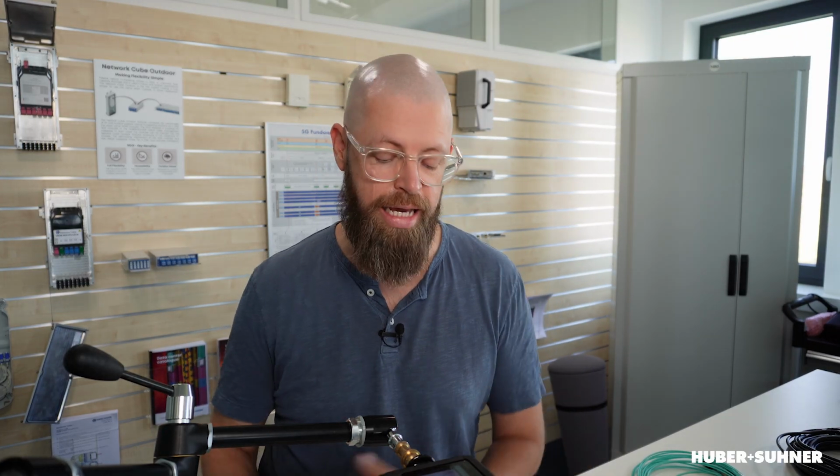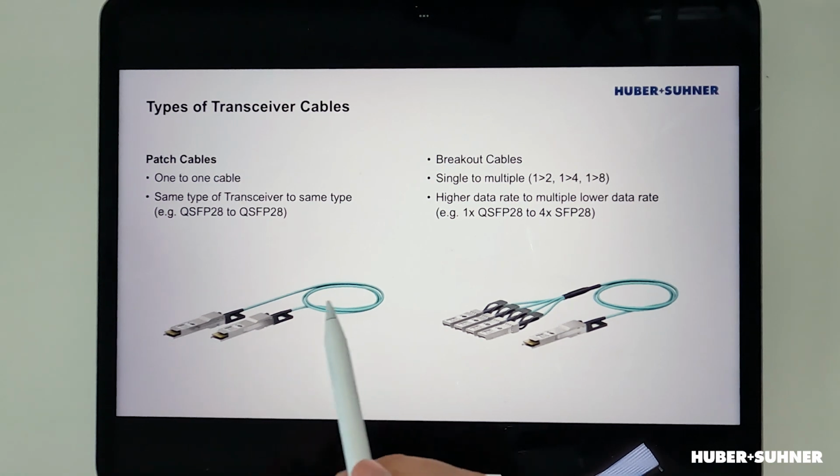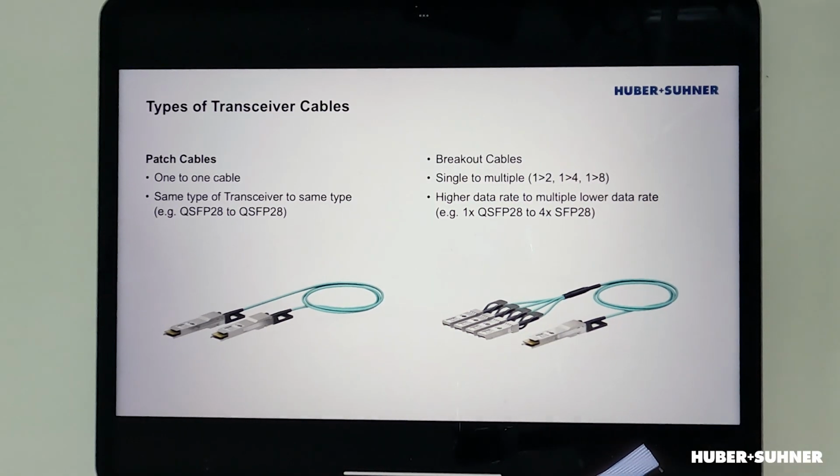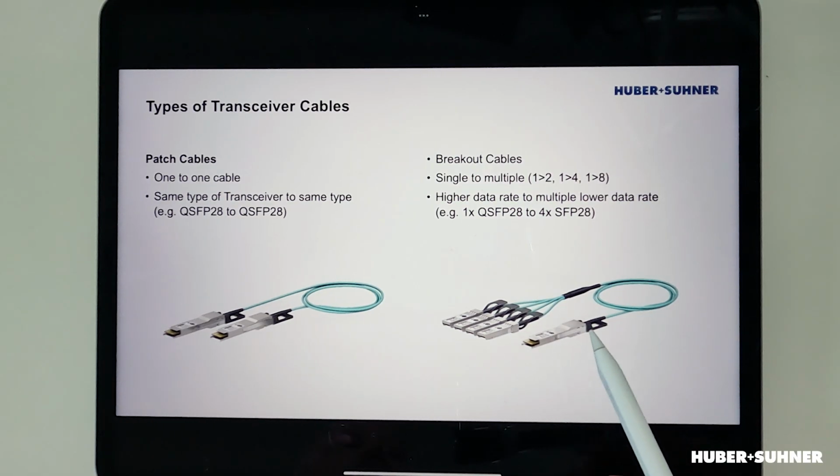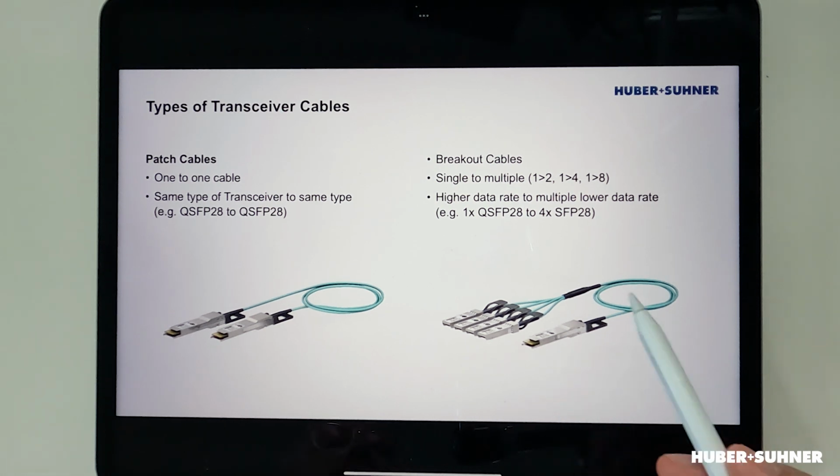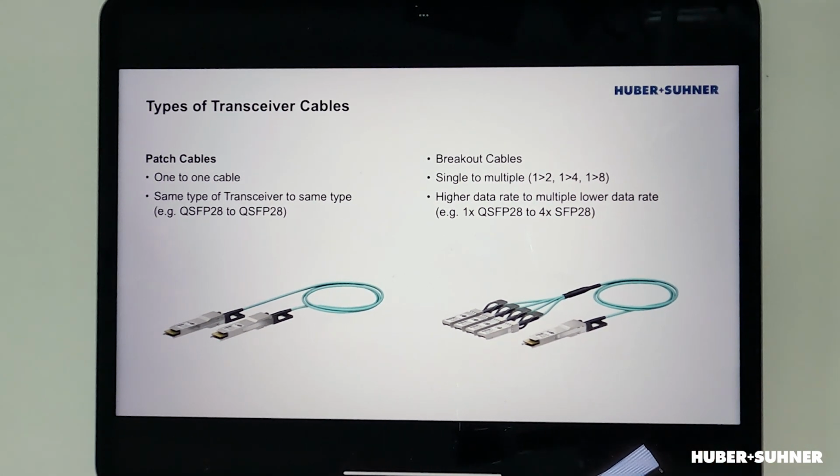Now, there are two main types of transceivers. Let's have a look over here. So to start off, we've got the straightforward cable, meaning that on either side of that cable, we have the same type of transceiver. But we also have the so-called breakout cables, which you can see over here. And the breakout cables actually work on the principle that some transceivers, so for example, the QSFP28 100 gig, is technically speaking based on 4 times 25 gig. And then you can, as shown in this example, have a QSFP28 transceiver that then breaks out onto 4 times SFP, so in other words, 4 times 25 gig.